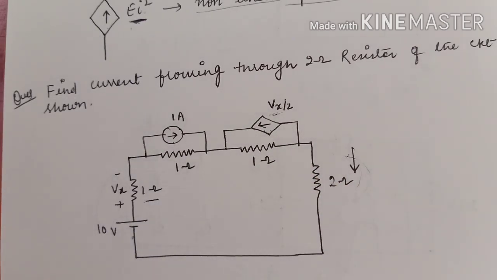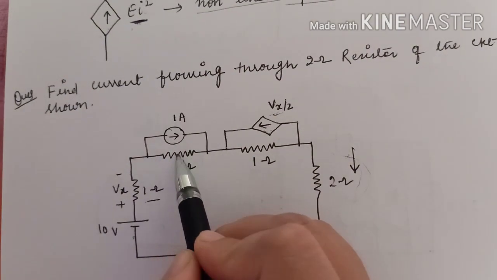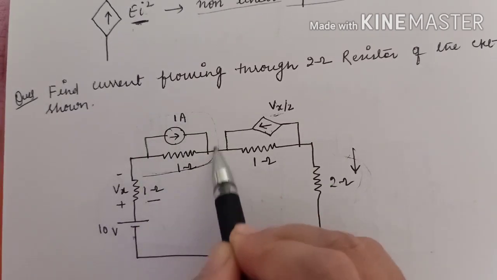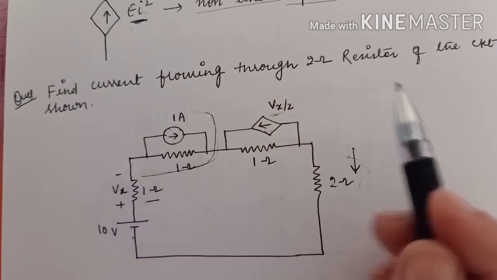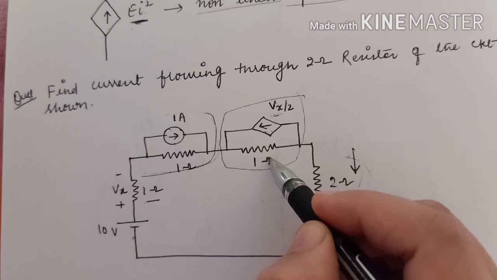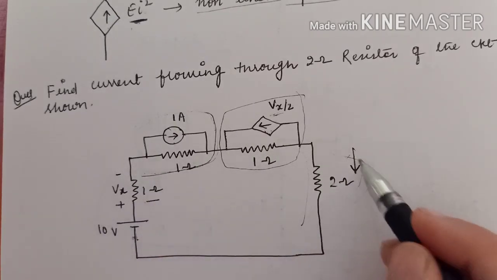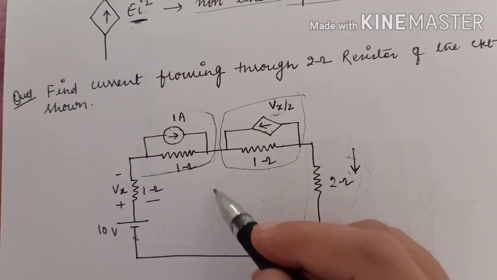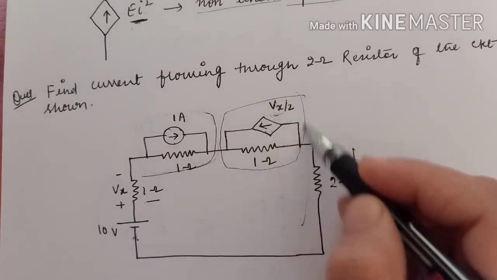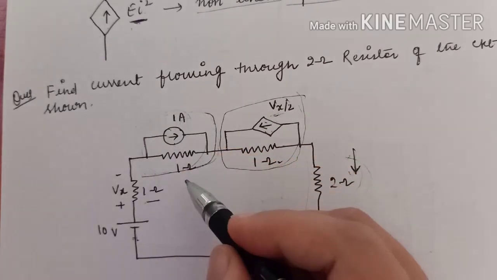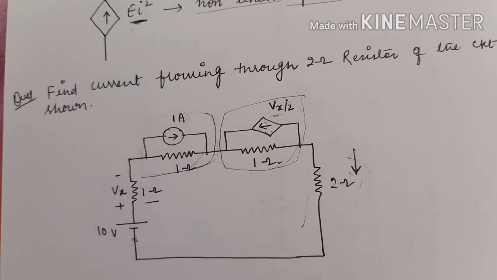Now let's solve this question. So here this current source you can convert into a voltage source. This current source, clear? You can convert into a voltage source. This is also a voltage source. So this also you can convert into a current source, because we need a series circuit to find the current. That's why I am going to convert this. So here this is a current source. So this current source also you can convert into a voltage source, and this is a current source. That also you can convert into a voltage source.